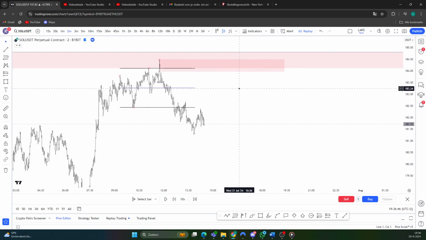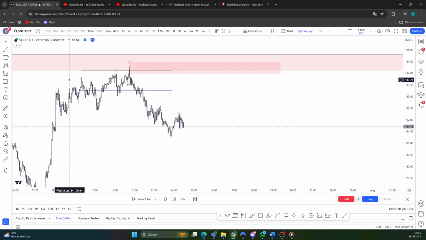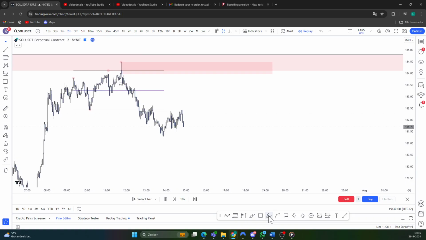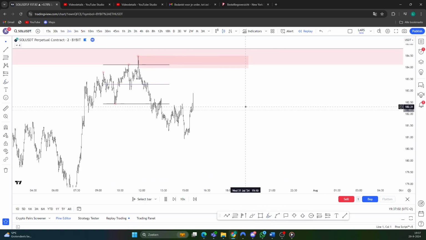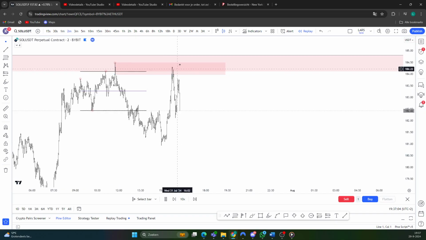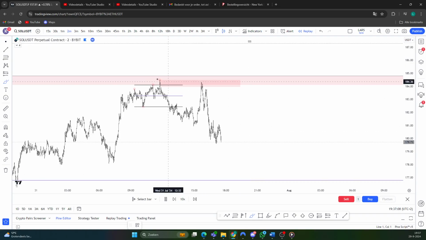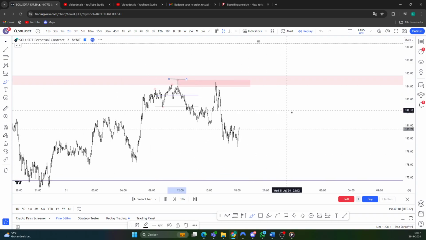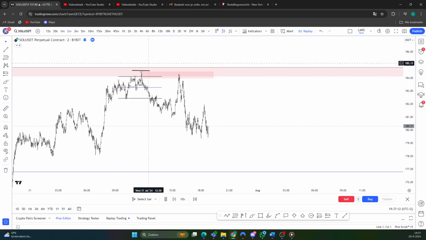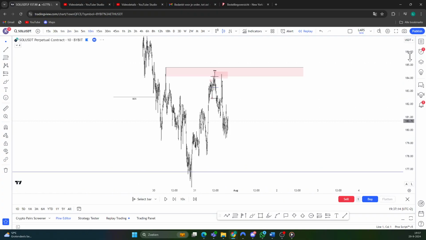I said this in one of my lectures, but I forgot exactly which lecture it was. It was in the exclusive lecture, in the VIP Discord, where if you have a market maker order block, it's very nice to leave the range, come back for it, and from there reject from it. So that's what price did. Look at that. We came back for it, got that harsh rejection. Stop loss and the invalidation is above the third tap, and that doesn't change, especially if you leave behind good supply. And from there,